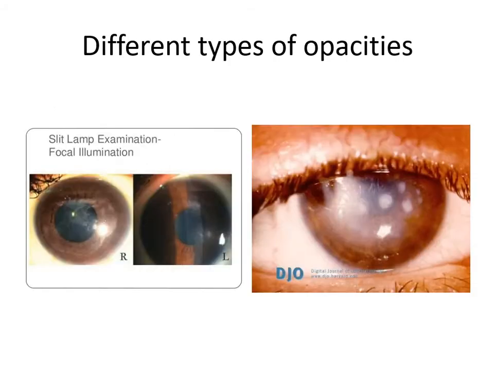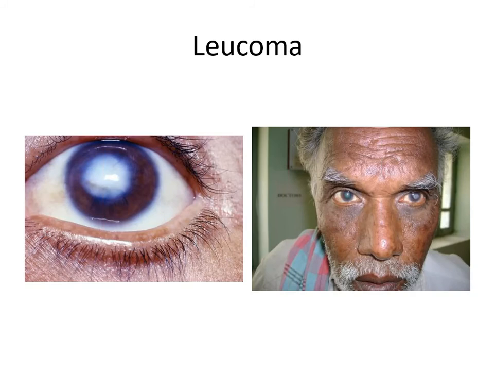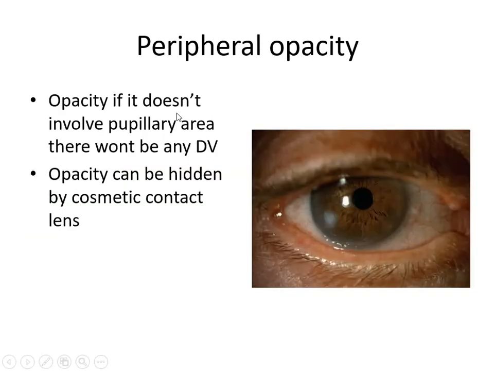So we have seen a scenario in which the central cornea is opacified, or the corneal opacity is involving the optical zone. There can be a situation wherein the corneal opacity affects the peripheral portion of the cornea. The optical zone will be clear. In this, the patient will have very minimal diminution of vision. The patient will maintain 6/9 or 6/12 vision.